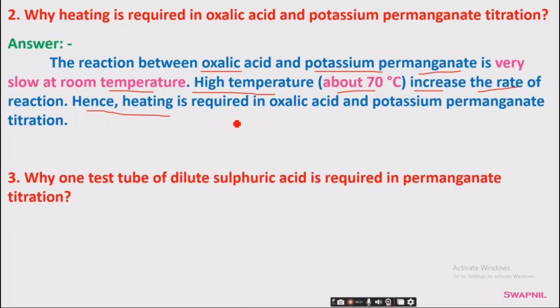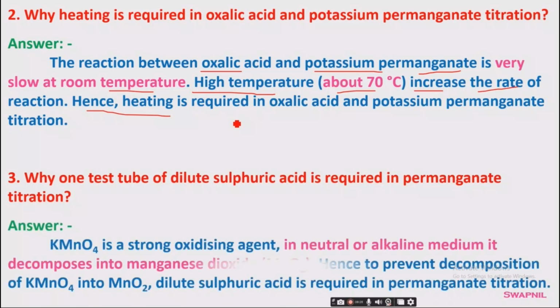Why is one test tube of dilute sulfuric acid required in permanganate titration? So here is the answer. We know that KMnO4 is a strong oxidizing agent. In a neutral or alkaline medium, it decomposes into manganese dioxide, that is MnO2. Hence, to prevent decomposition of KMnO4 into MnO2, dilute sulfuric acid is required in permanganate titration. So next,